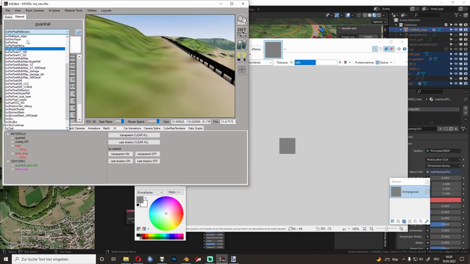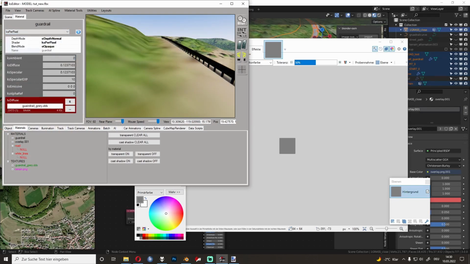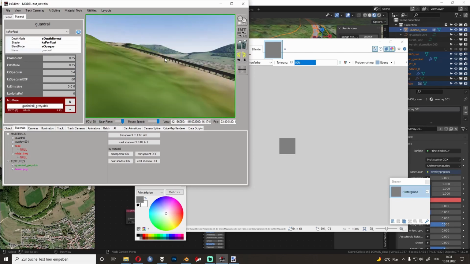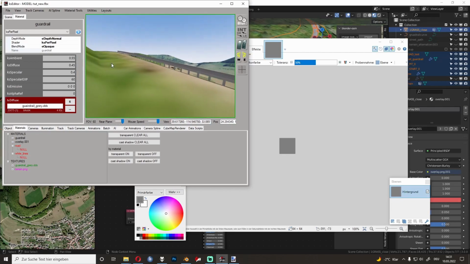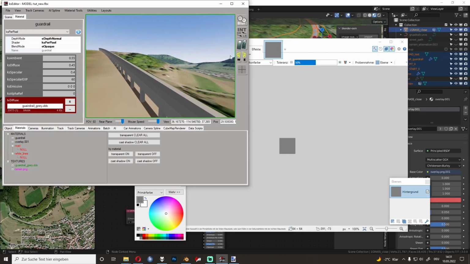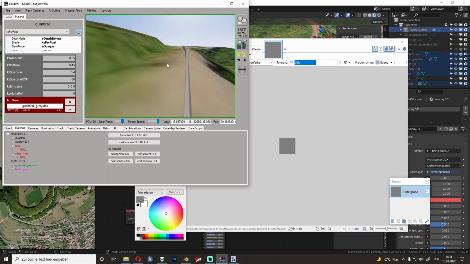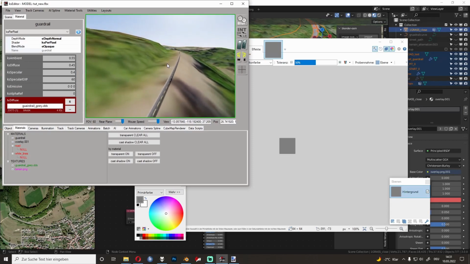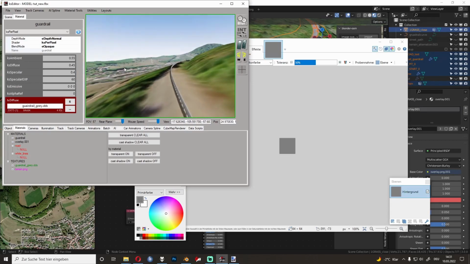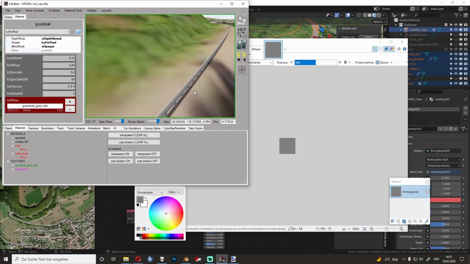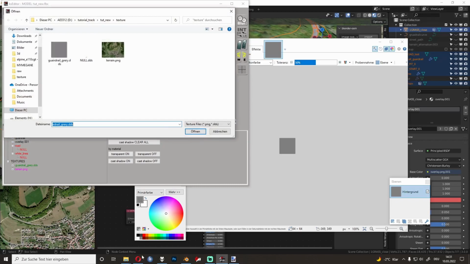Just use the default as well. Bit dark, make it brighter. Yeah, it looks absolutely terrible because it's just a plain texture. I can make a few more tutorials on how to do this the lazy way, or even the right way. But this works. So the road, we did use